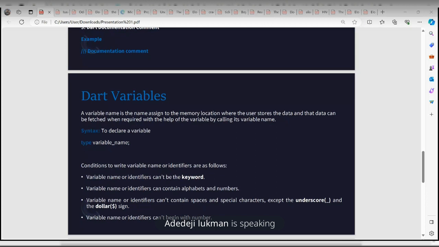To repeat myself, if this variable name now was declared of type double, what value are we expecting? All right, thank you for the answers. Let's move on.